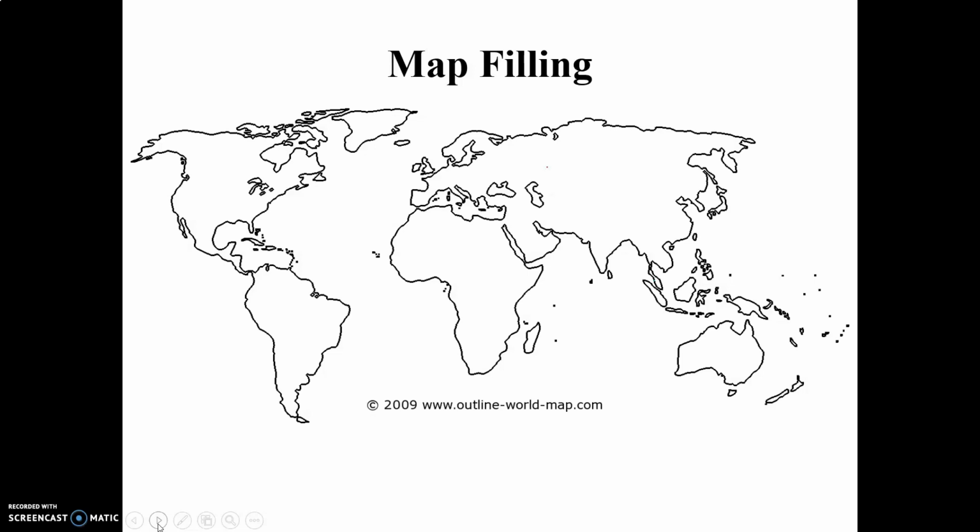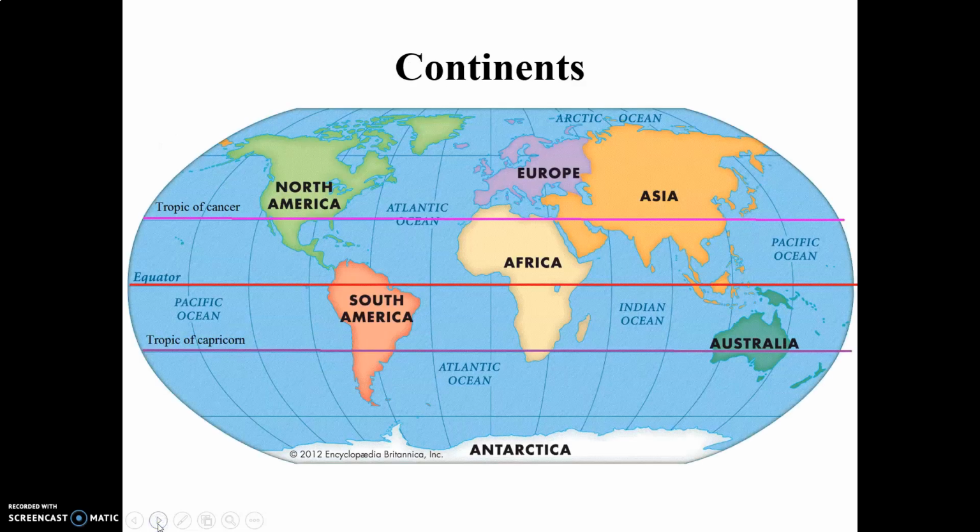So where is USA? For that, you have to go step by step. First know all the continents and all the oceans. Then try to understand where is the equator, where is the Tropic of Cancer, where is the Tropic of Capricorn. All these things you will remember if you try to visualize it, if you try to take a blank map and draw it with your hands by using different color pencils, different sketch pens, and naming those locations. If you do it again and again, then only you will remember it.